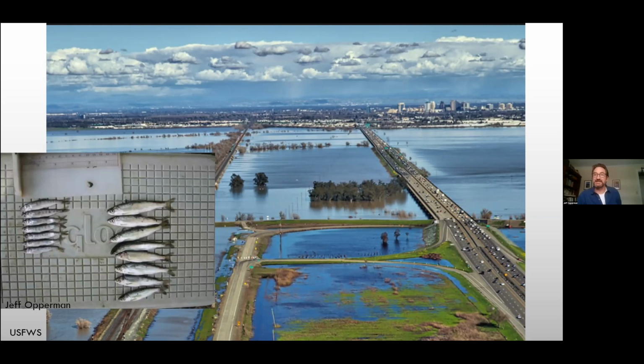And what was happening is that juvenile Chinook that went out in the floodplain were benefiting from all the benefits of the floodplain productivity. It's called the flood pulse advantage, and fisheries biologists talk about it on the Mekong and the Amazon. Well, it was happening on the Sacramento, where the fish on the right of this photo were living in the floodplain, and the fish on the left were living in the river. We can see that the fish that got access to the floodplain were growing much faster. These fish all started the same size. They were experimental fish from a hatchery, and they were raised in these different habitats.